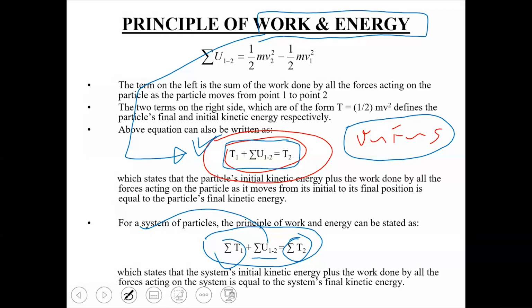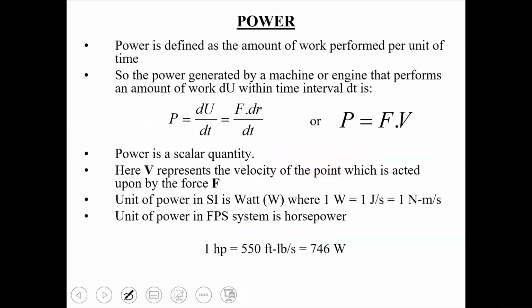So let us take a look at those two definitions, और फिर हम इनके प्रॉब्लम्स एक साथ इन दोनों टॉपिक्स के हल कर रहे होंगे। ओके, हाउ डू यू डिफाइन पावर? Power is defined as the amount of work performed per unit time. So if I differentiate work with respect to t, I am going to get power, so dU over dt is going to be the power. But we know that dU, which is work done, is represented by the dot product of F and dr. So dU के बजाय मैं F dot dr लिखूं तो ये dr by dt रिप्रेजेंट करता है